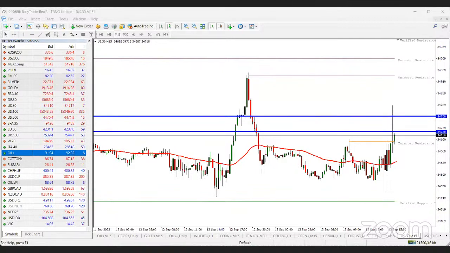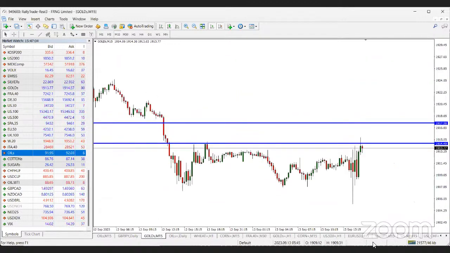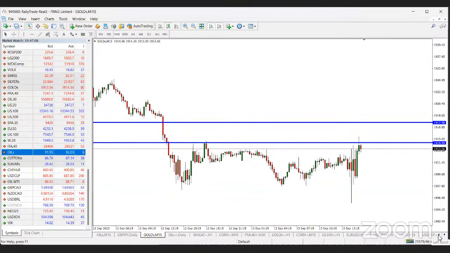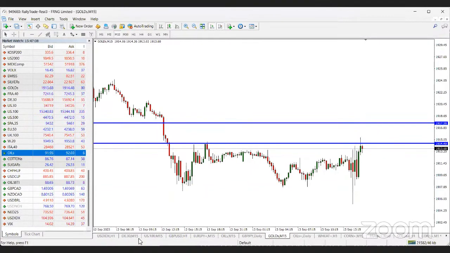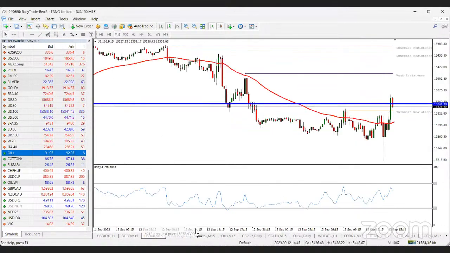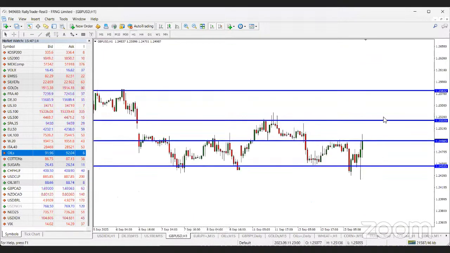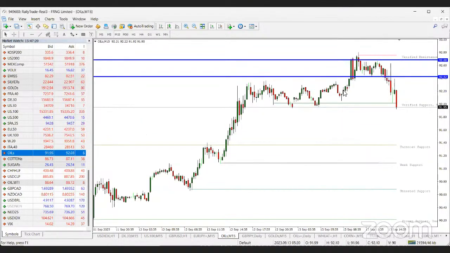I believe that's all. Please do not forget to use the 50 EMA. Put it on your chart. It will help you to make decisions. For those persons who are on that gold trade, you can watch it. I'm sure it's in profit already. US 100 currently trading. Let's see, GBP US is still around that entry zone. We are looking out for 10 pips there about. If oil, in case, closes below this point, then